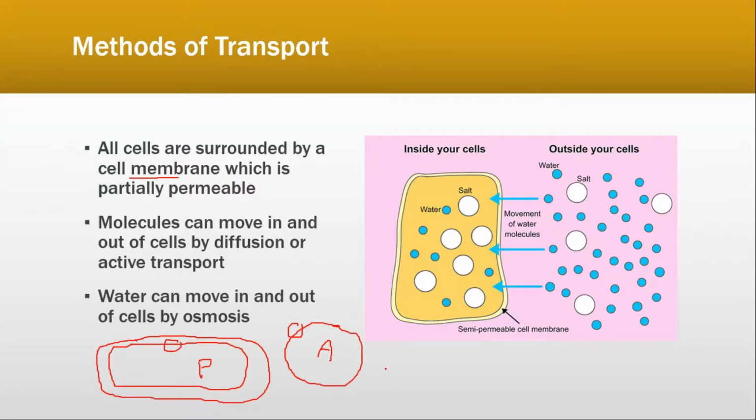Another property of the cell membrane is that it is partially permeable. Partially permeable meaning that it can only let some of the substances into and out, not all of them. Whereas the cell wall is fully permeable, which means it can let any substances enter the cell and let all of the substances out of the cell. It has no control over the movement of water molecules, ions, substances, enzymes, receptors, or any kind of hormones going into and out of the cell,